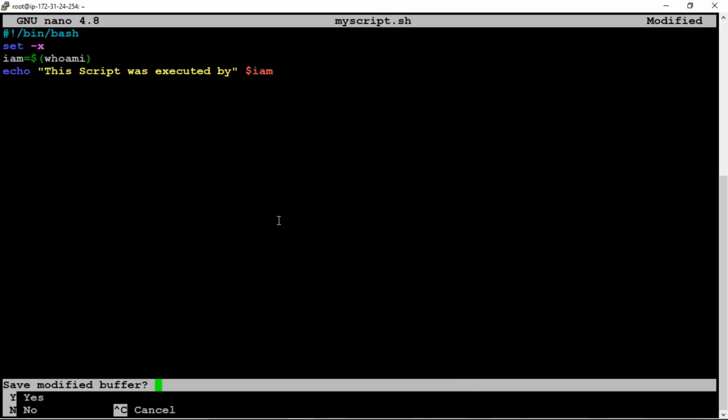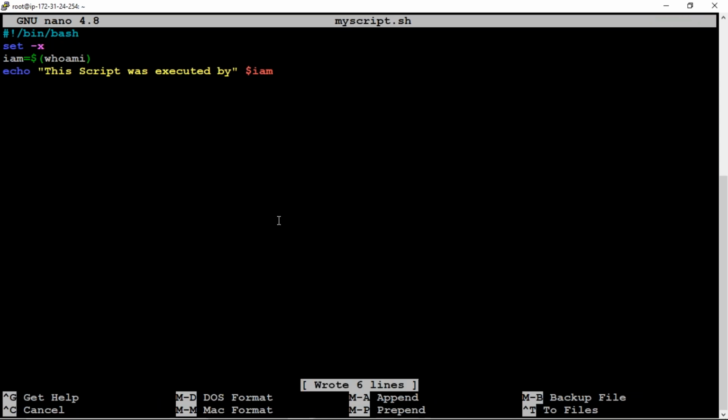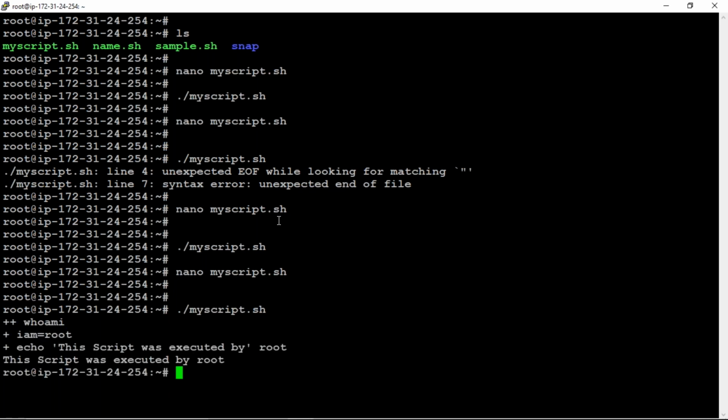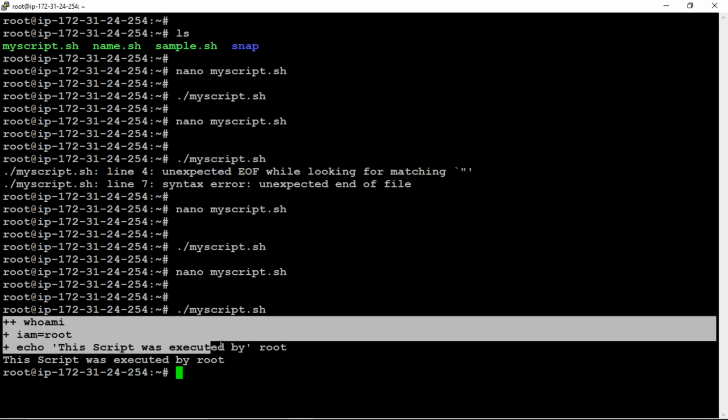Now save the file, Ctrl X, press Y and hit enter. Now execute the file again, myscript.sh. What did you get? Output. So here the output is this one.